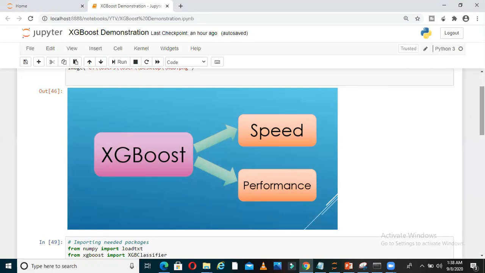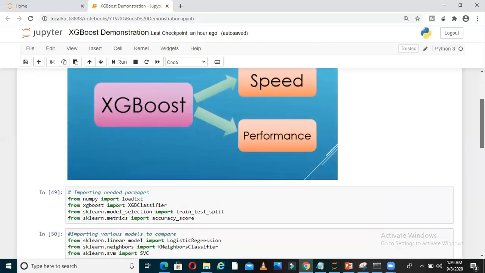In this video, I will show you with a sample data how the XGBoost model is good in terms of performance and speed in comparison to other machine learning models. And I will also show you how you can tune the parameters of XGBoost using your knowledge of how the XGBoost model works. In my last two videos, I gave the theoretical explanation of how the XGBoost model works and what the important parameters of this model are. In this video, I am going to demonstrate how you play around with this model and tune those parameters. Let's start the video.